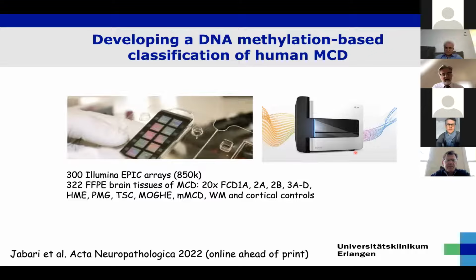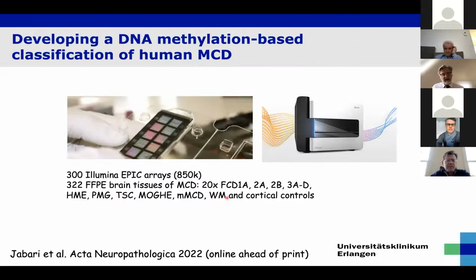And that just changed. So Sami Jabari and Katja Kobo from my lab published this beautiful paper using the Illumina EPIC arrays for DNA methylation on a sample set of 320 brain tissues from cortical malformations, including all the FCD1s, the 2s, the 3s, hemimegalencephalies, polymicrogyrias, TSC, MOGE, MMCDs, and so forth. And they came up with this